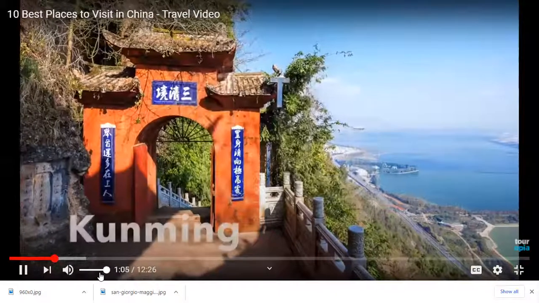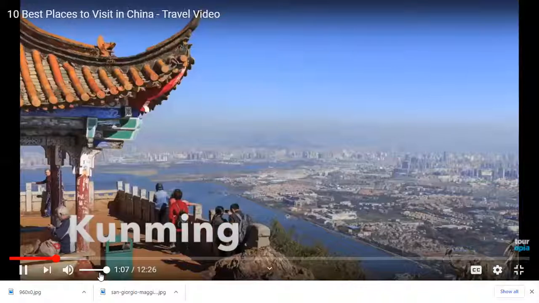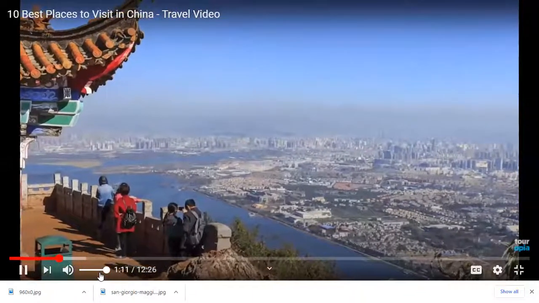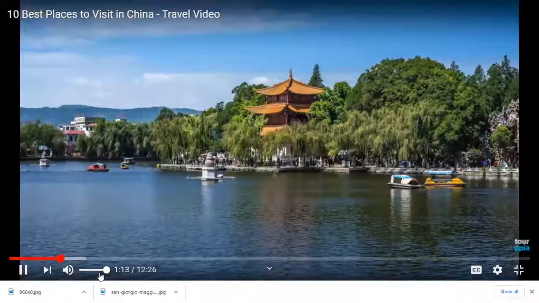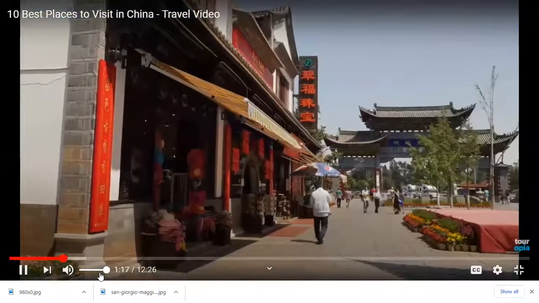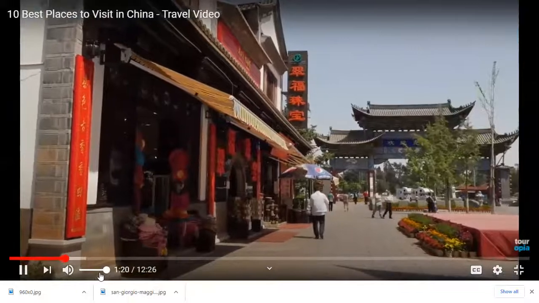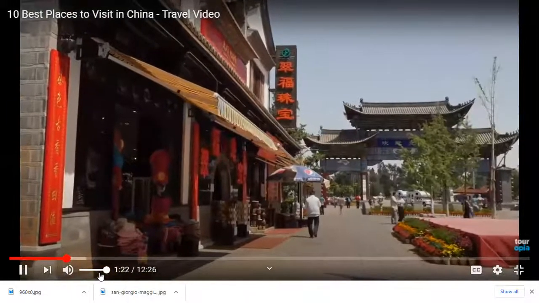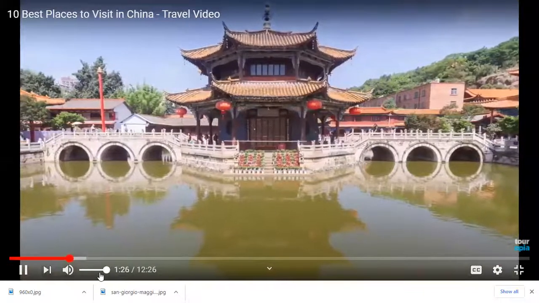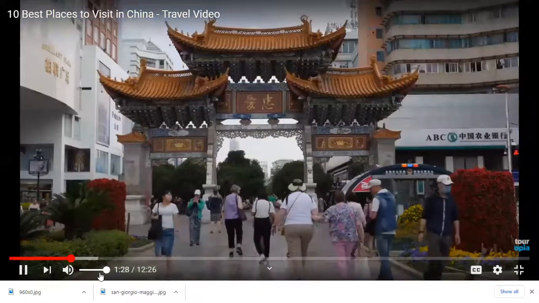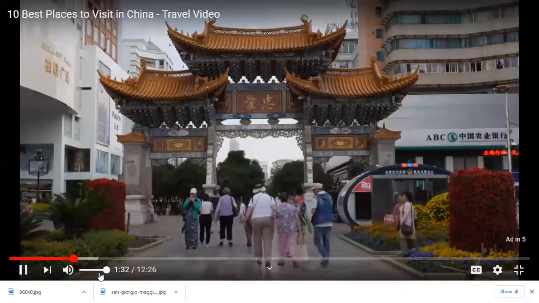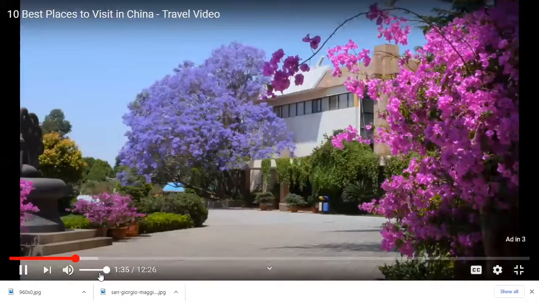Number 10. Kunming. Kunming is the economic, transportation, industrial, and cultural center of southwest China. It is linked by rail from all of China's major cities, as well as with Vietnam. The mild climate makes it a good place to visit any time of the year. Largely because of the fine climate, flower growing is a major industry, and tourists can visit flower exhibits and auctions and a huge botanical garden. In addition to its own charms, Kunming serves as a base from which to explore the rainbow of ethnic minority